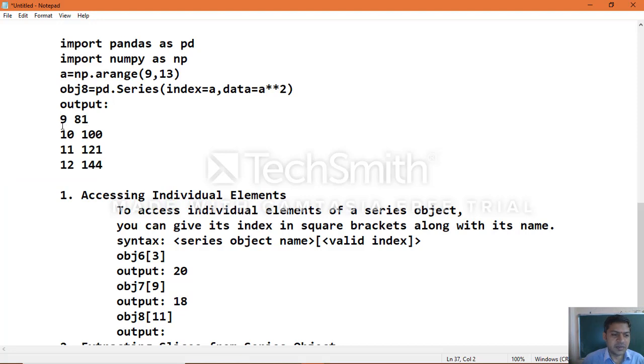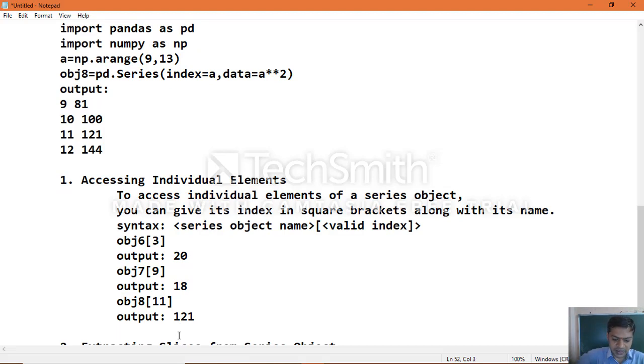Index number 11, among 9, 10, 11: when you apply this index number, you will get the output 1 to 1. This is because of the formula used for the exponent values, with the array 9, 10, 11, 12 specified with the help of the numpy module's array range function, a predefined function. So the output here is 1 to 1.